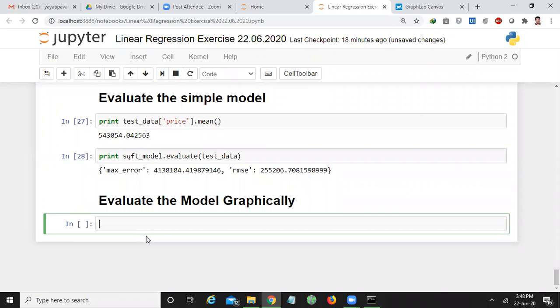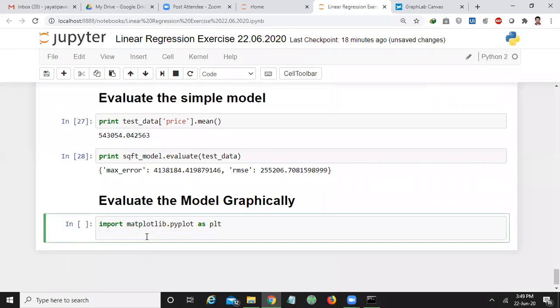For that, what I'll do is I will import matplotlib dot pyplot as plt and matplotlib inline.